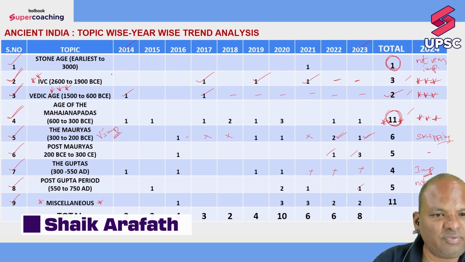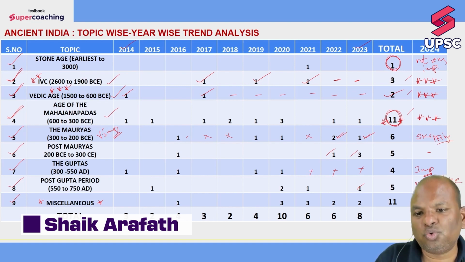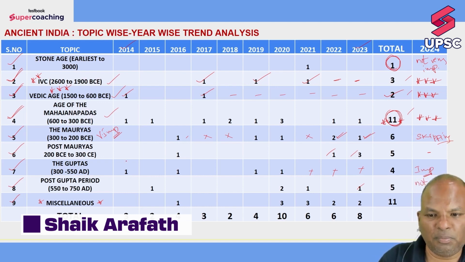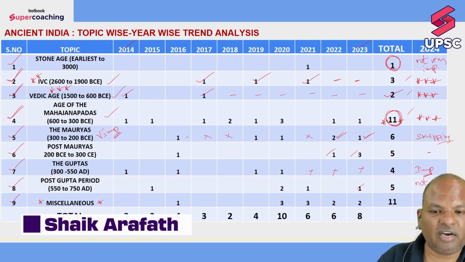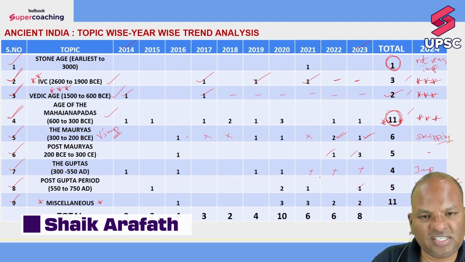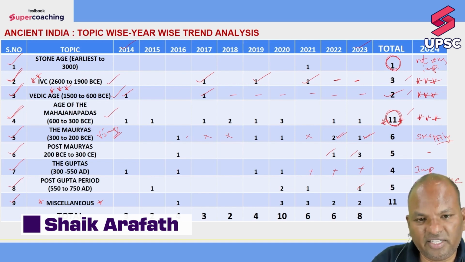My take is Indus Valley is important for this year, Vedic civilization is important for this year, age of Mahajanapadas is important for this year. Mauryas may not be very important because for 2 consecutive years, questions were asked from this particular topic, 2022 and 23. And therefore, I encourage the students not to give too much importance to this particular area. Then post-Mauryas, same is the case. Then the Guptas, I strongly encourage the students to give more importance to this particular topic because of the fact that not many questions came from this particular topic. My advice to the students is read more from those areas from where the questions have not come.